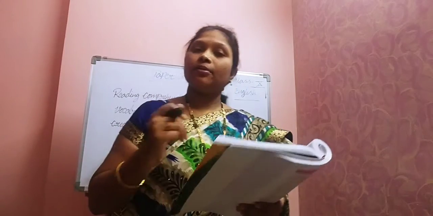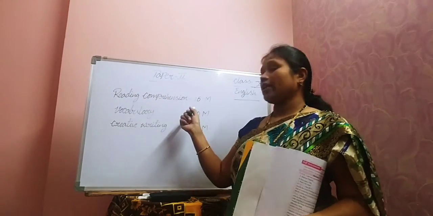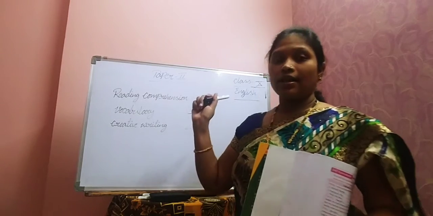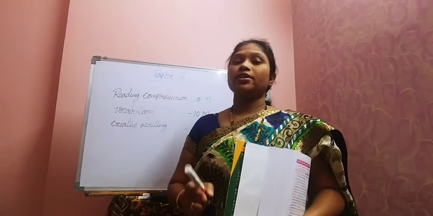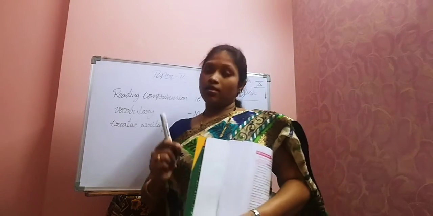As usual, in paper 2 also you will have 3 sections: Section A, Section B and Section C. Remember children, while answering, you need to mention the section names also. It is very important. Write the section name and question name properly. Coming to Section A, you will have reading comprehension for 15 marks.